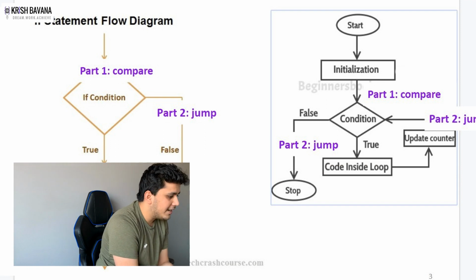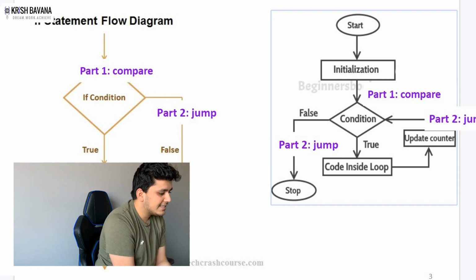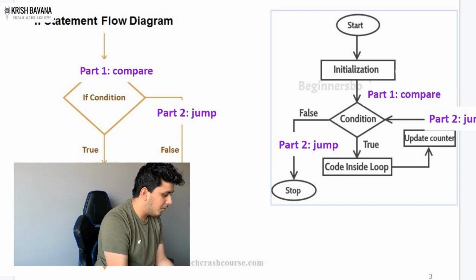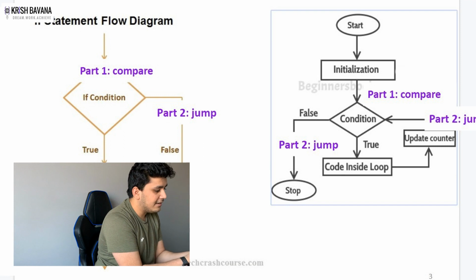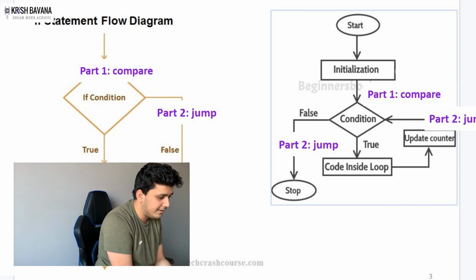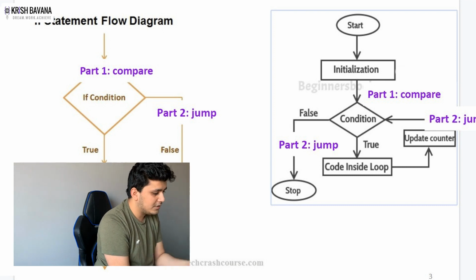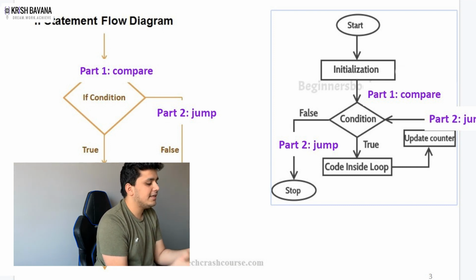It is slightly different for the loop because we have to keep the counter to update it. So for example, if you look at the diagram for the loops right now, we start and then we initialize and then it goes to the condition. If it is false, then the loop automatically stops. If not, we go inside, and we check whether the condition is still going to pass because the counter might get updated, and unless the counter reaches it, it continuously goes in a process.